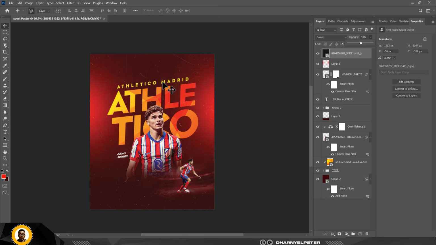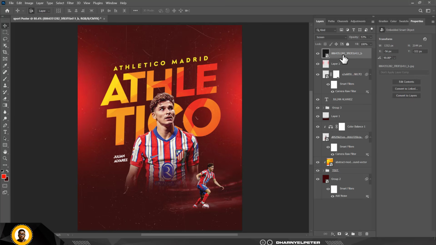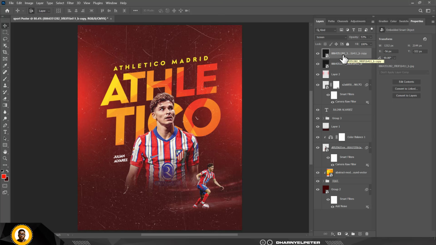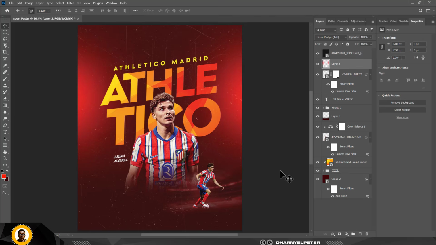So just make sure your opacity has been reduced, and in some cases you might not have to reduce the opacity too much. You might just leave it at 60 or 70, right? So I'm just going to leave mine like this, and to balance this all up, you can see if you Ctrl J this, that's duplicate, this is what you have. But that's not the route I'm going, right? So what I'm going to do is I'm going to make,